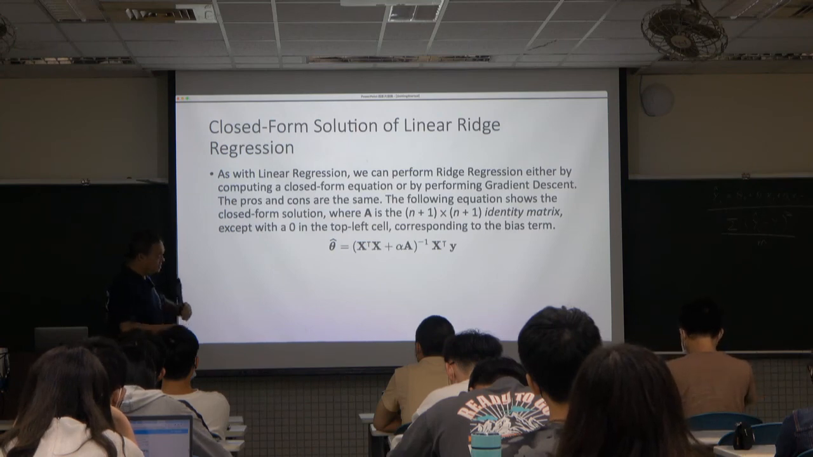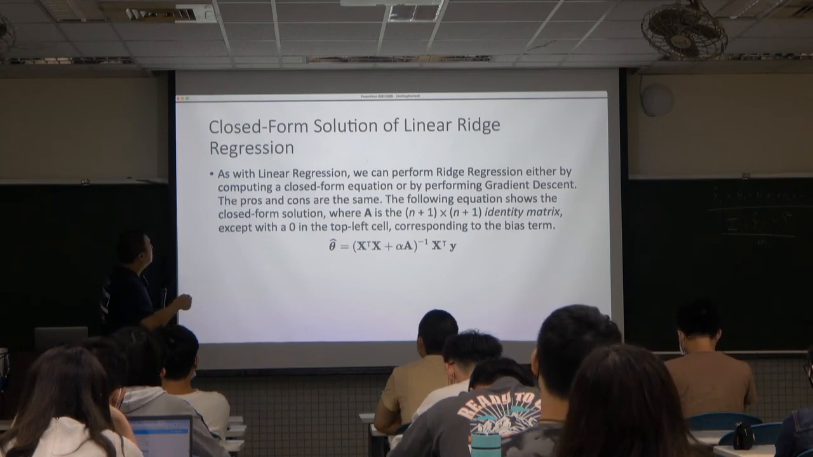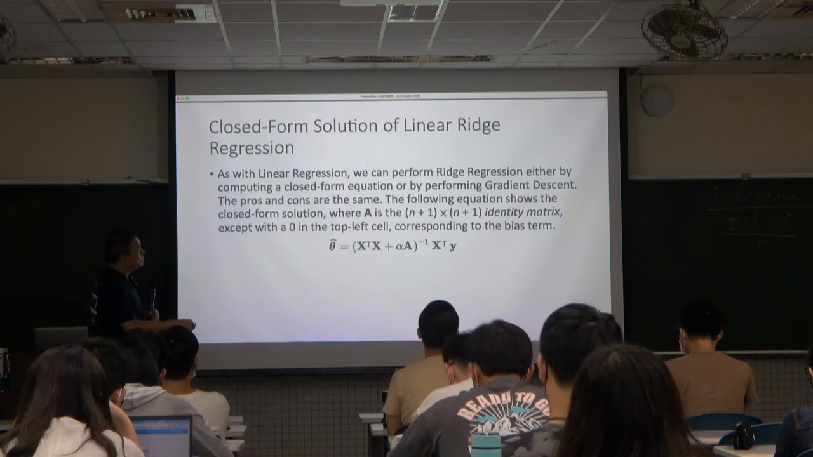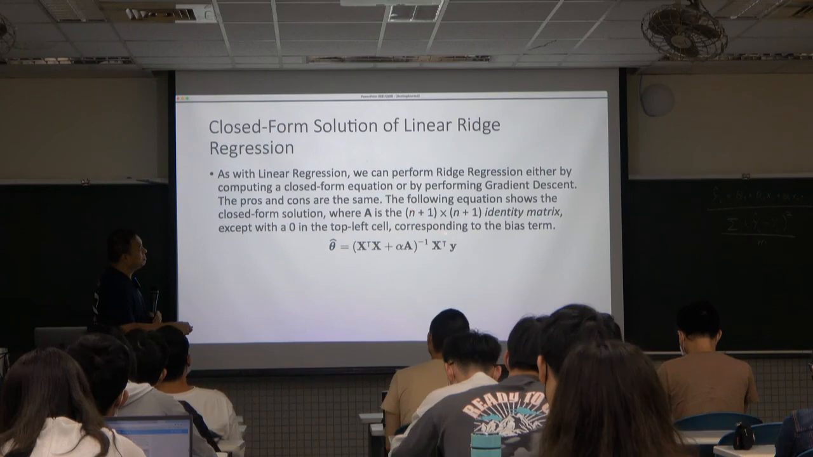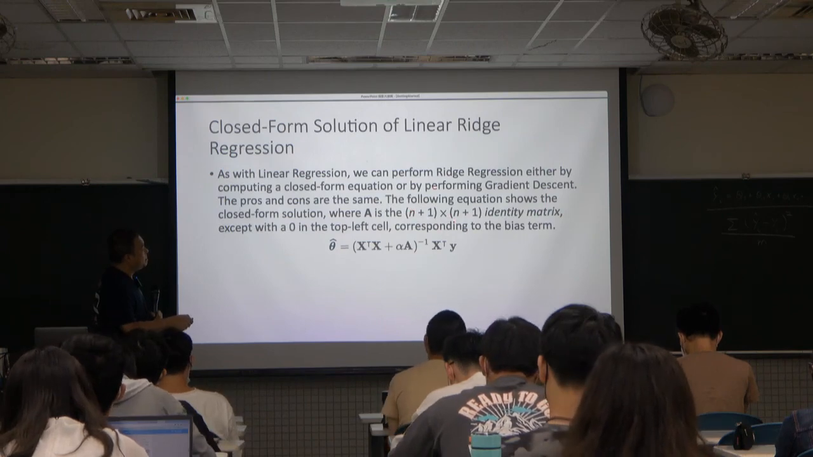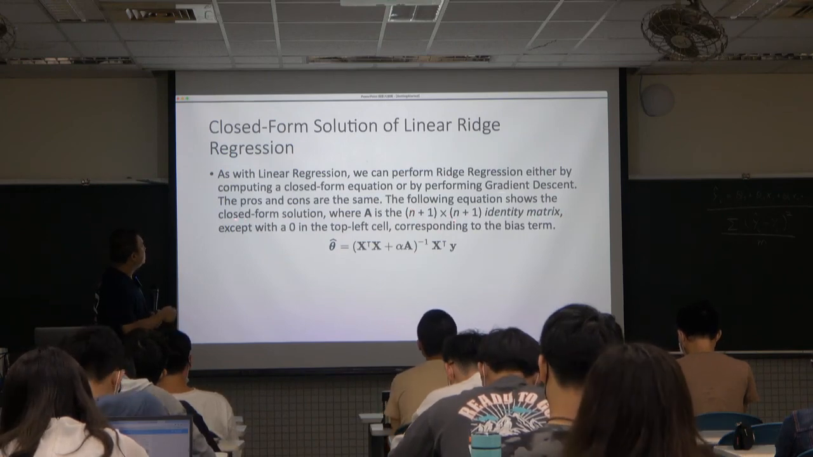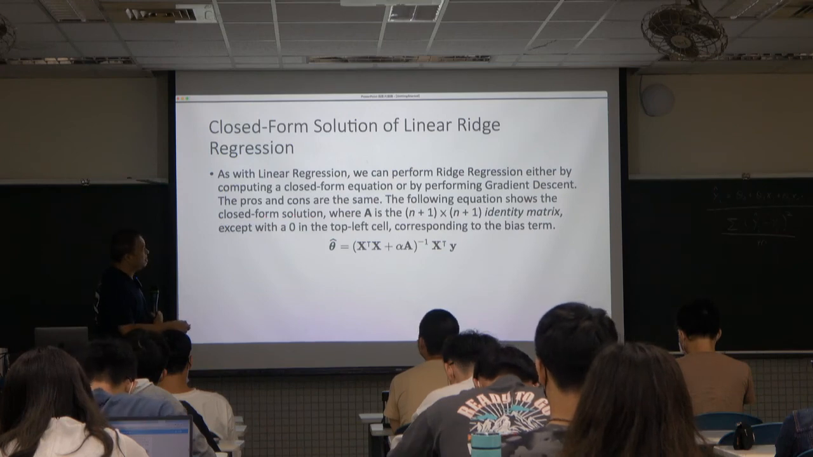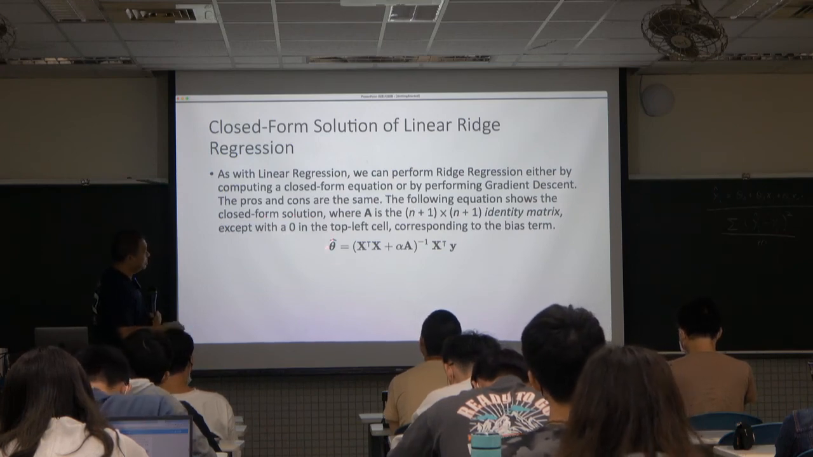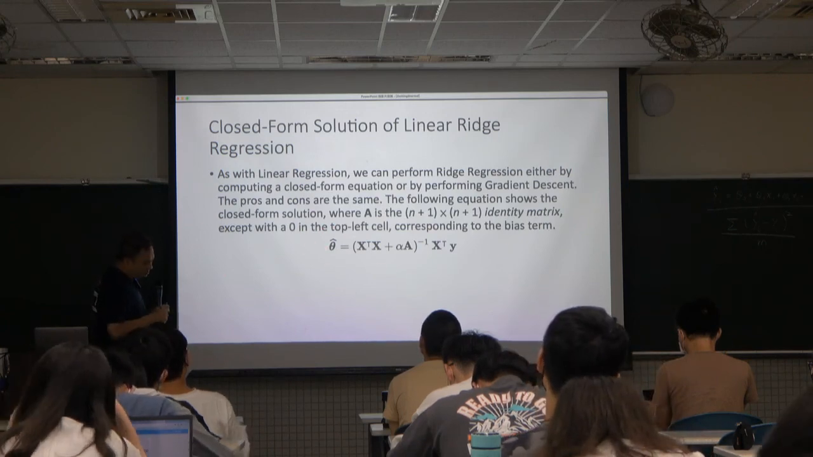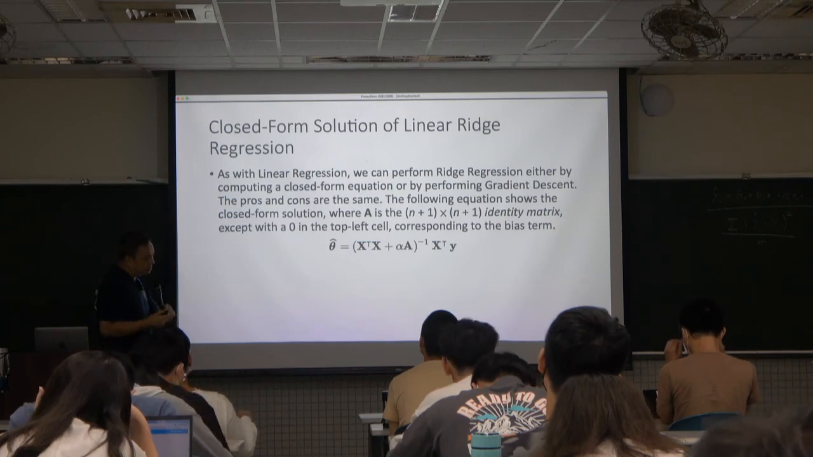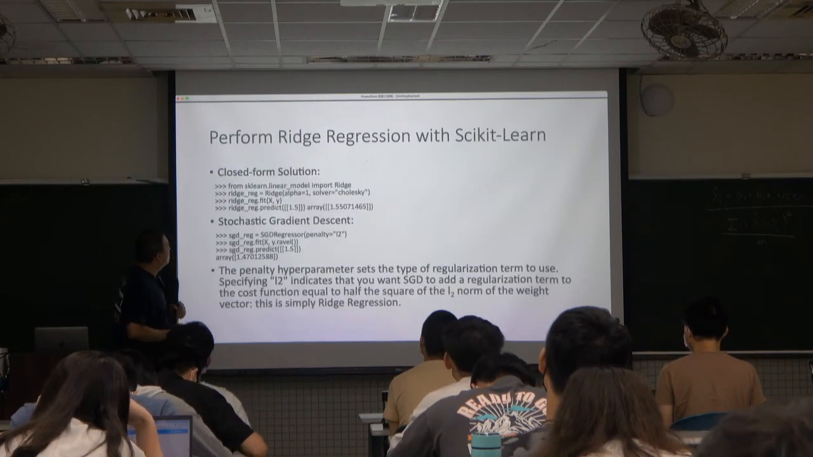Let me finish this. As with linear regression, we can perform ridge regression by computing a closed form equation, or by performing gradient descent. The pros and cons are the same. The following equation shows a closed form solution. But as I said, we care more about the gradient descent approach because after all, we are using this for the